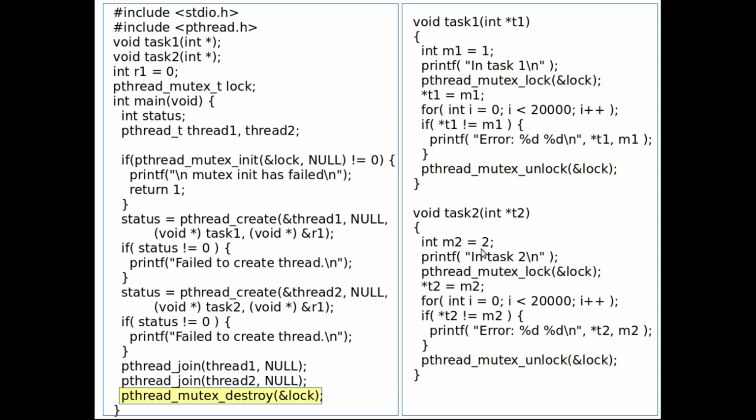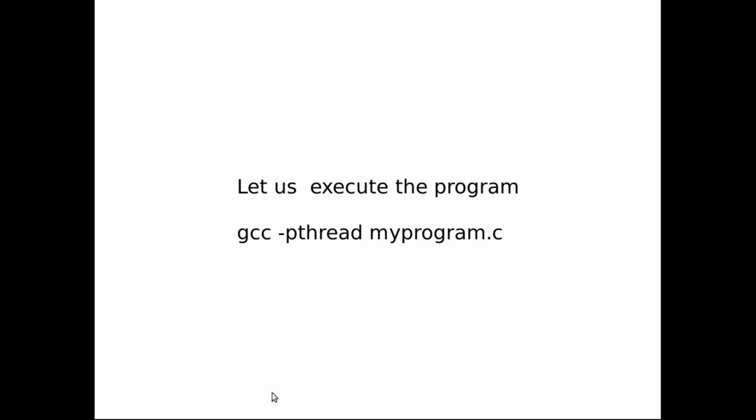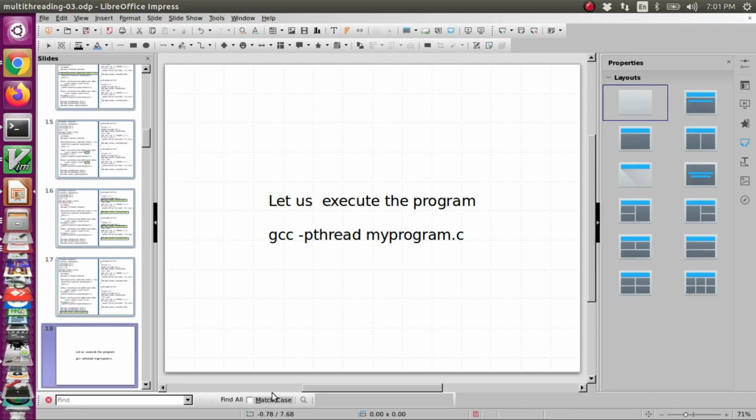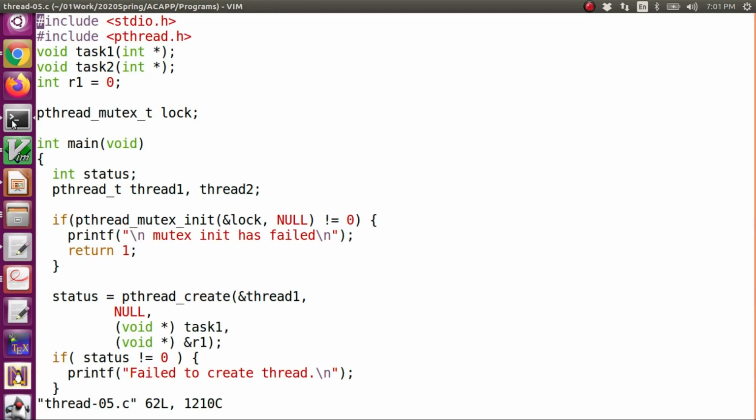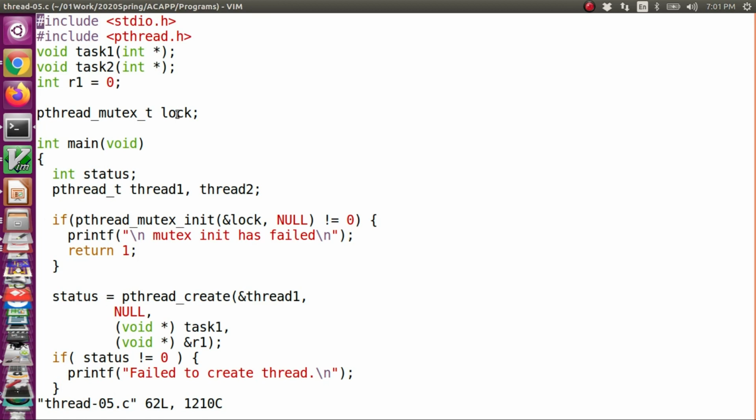So further, the main thread, once both the threads terminate, because we did a join, when both the threads terminate, the main thread will destroy the lock. So now let us try to execute this new code and see if we still see the problem. So the code is in this file. So here we use the lock